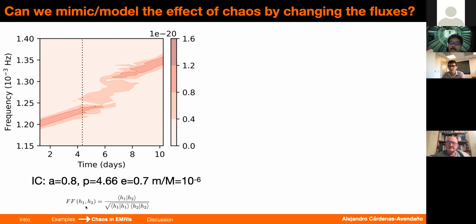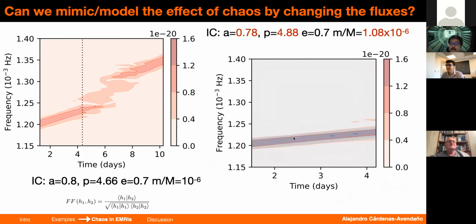And for that, we use this fitting factor, which is something like a dot product between two models, and find the best match. And then that can be done. So note, on the left-hand side, I'm showing a slowly rotating Kerr. On the right-hand side, I'm showing Kerr in blue, slowly rotating Kerr, but up to this point. And as you can see, I can always find a very good match, meaning that we will not be able to distinguish slowly rotating Kerr from Kerr, but mind that these solutions are different. The spin is different, the semilatus rectum is different, and the mass ratio is different for that particular evolution.